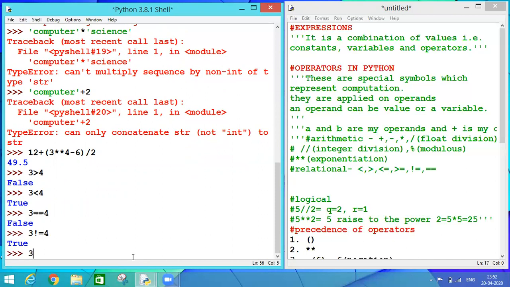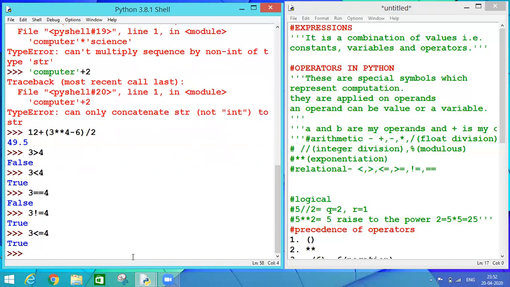Now let's check 3 is less than equal to 4. Condition is true, as 3 is less than but not equal to 4. So here I have combined my two operators together. I'm checking for the equality also. I'm checking for 3 is less than 4 or not.